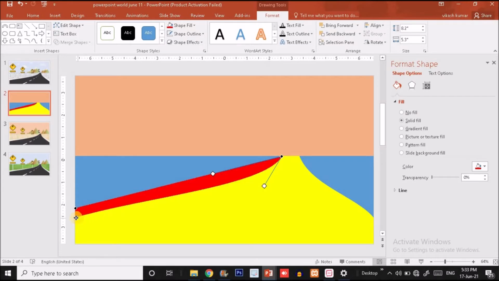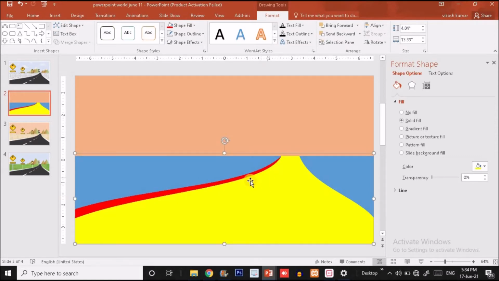Okay, and again I will just put it over here like this. Click on this handle, again make changes like this and drag it over here. Okay, now it's fine guys.